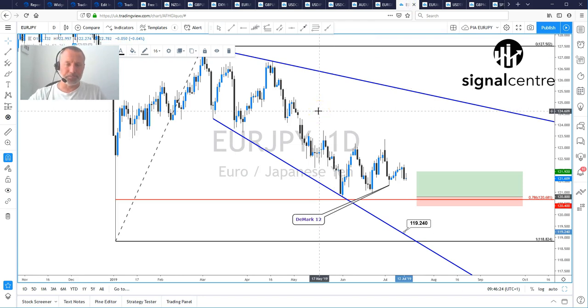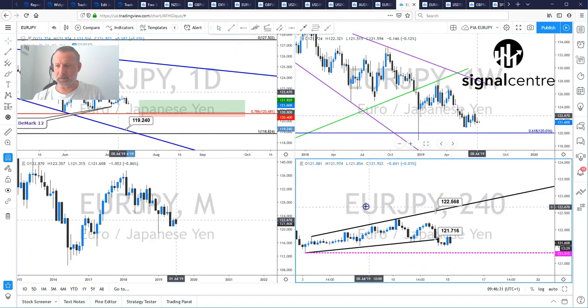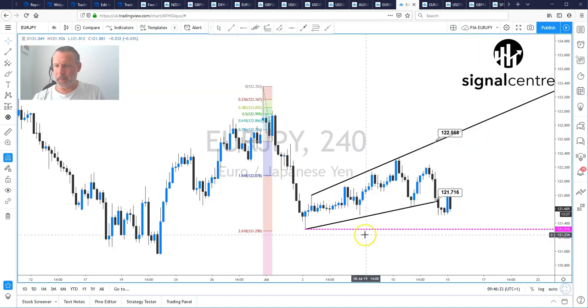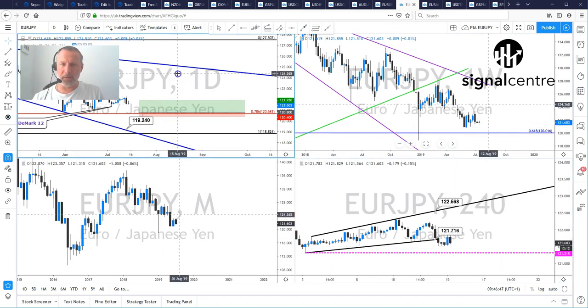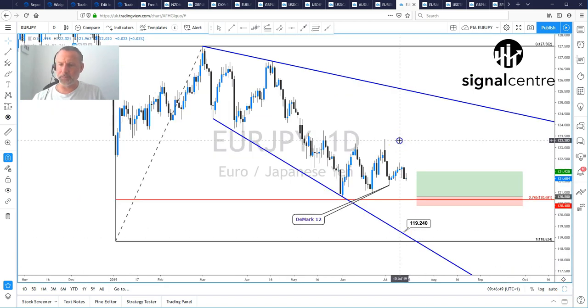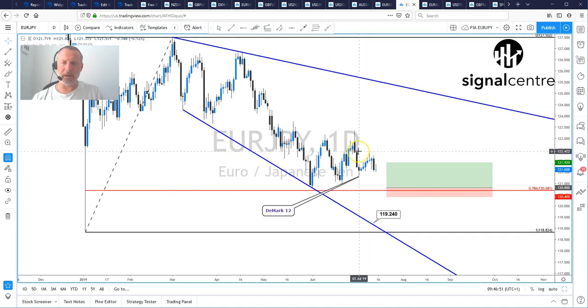Euro yen, there's really little in the way of decent signals for us actually in this currency pair. We had a fib level here, choppy move to the upside, forming an expanding wedge. We've broken the wedge formation. That's got a target level here of 121.29,